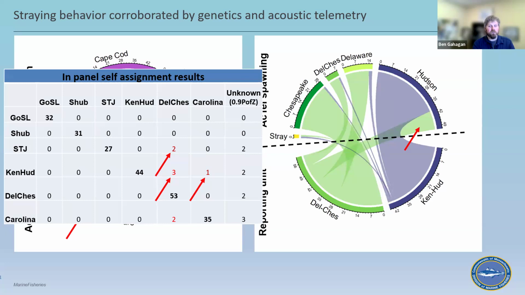We could find a way to look at questions like that. It'd be hard to do without some of the telemetry results, but if we have any type of archive samples from spawning grounds, we should be able to do it. So these are the kind of questions I think that, the other part about this is just being able to really go back, and we have such great data in many ways for striped bass for such a long period of time. And we can augment it very powerfully to understand what has happened and hopefully help us do a better job in the future.